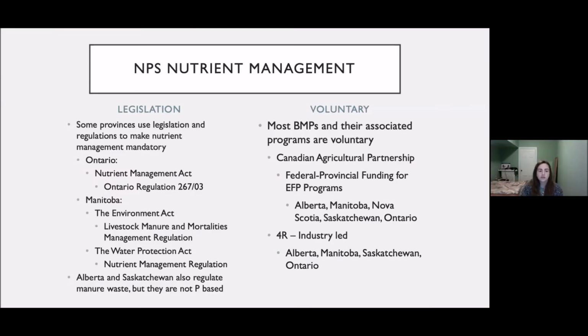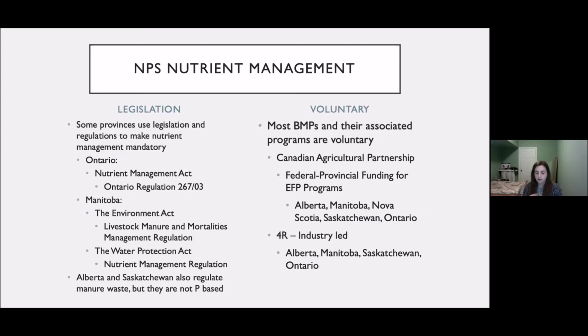So, non-point source nutrient management. All provinces have some form of legislation around manure management, both its storage and application. However, only Ontario and Manitoba have required nutrient management for phosphorus and nitrogen, including land application rates for manure or fertilizer use. Manitoba is especially unique in this case because they have 2 regulations that cover small and large producers. So that's the Livestock Manure Mortalities Management Regulation under the Environment Act and their Nutrient Management Regulation under the Water